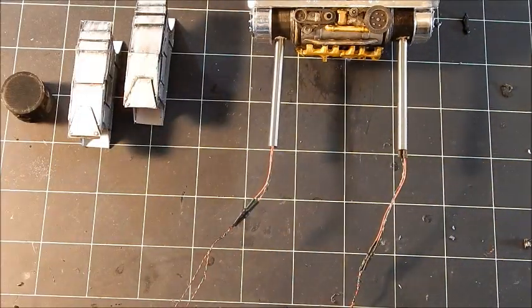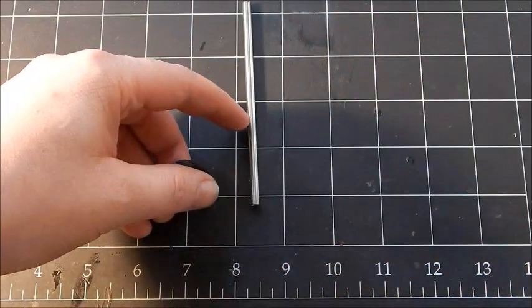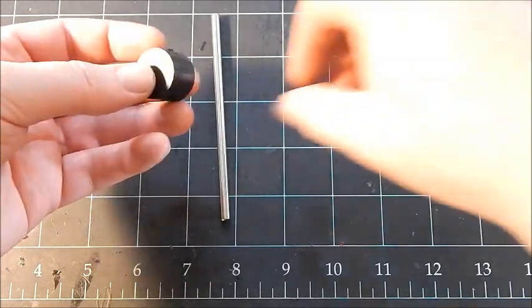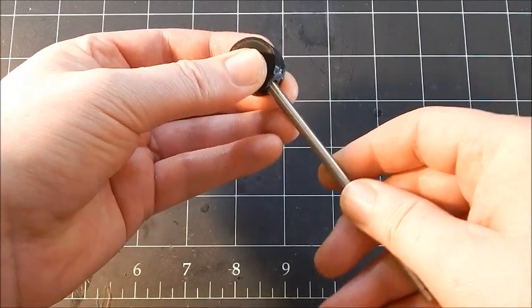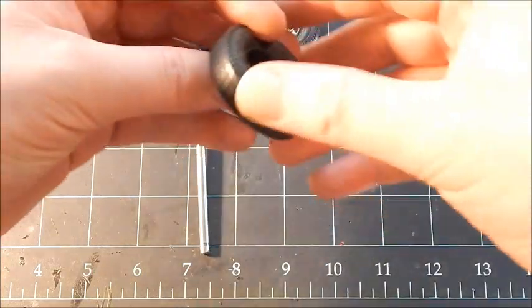Be right back. So I'm starting to work on the lower legs. Here I just have one of the tubes I'm using here. There's both of them right here. And we've got the space dock parts, the knees, and we're going to be putting in about that far. I've got the tires here. Got 2 tires,